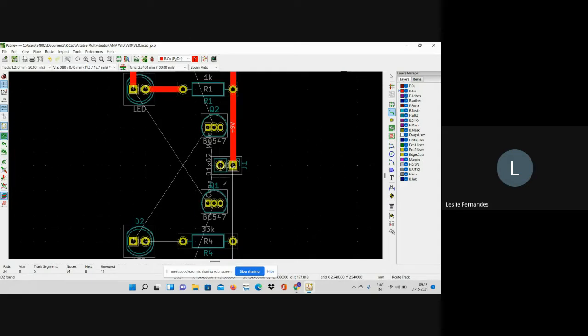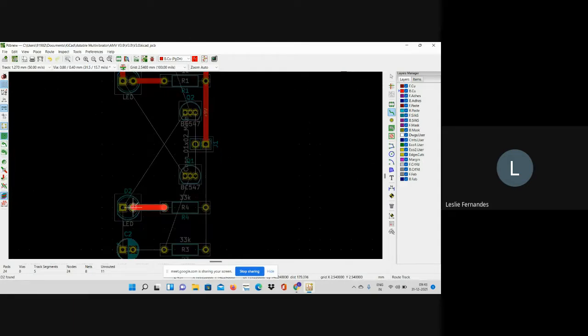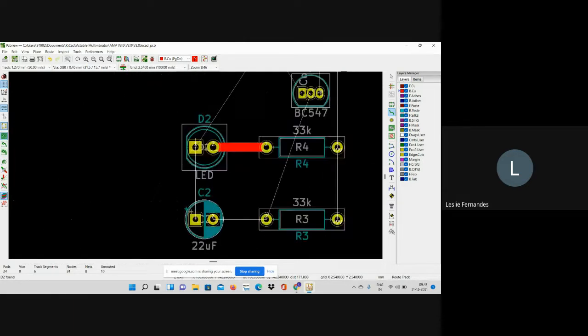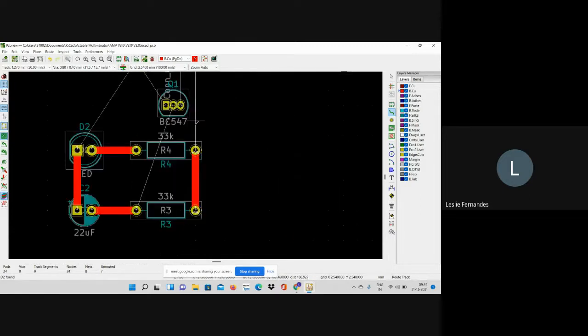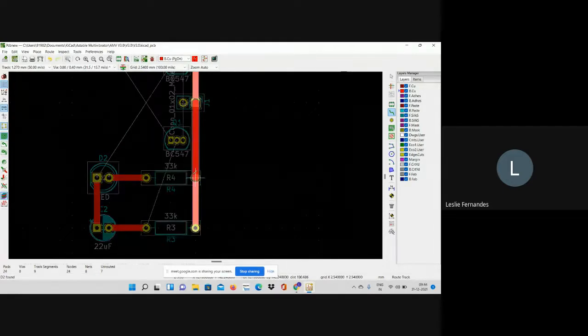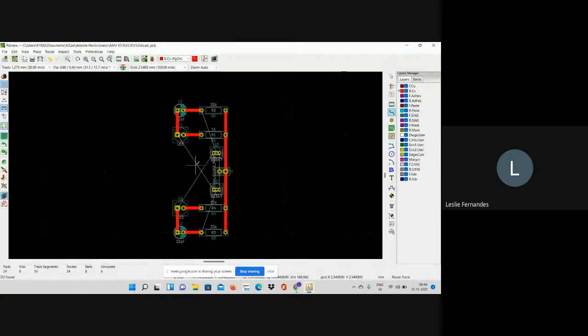Okay, that one we'll have to use a thinner wire. We'll go to that later. I'll do all the easy stuff first. So this is all the easy work that I've done.